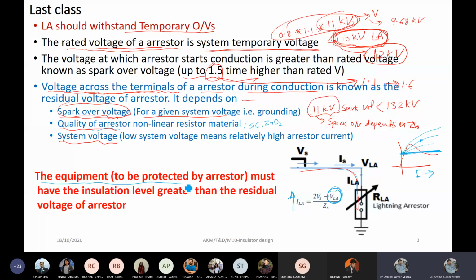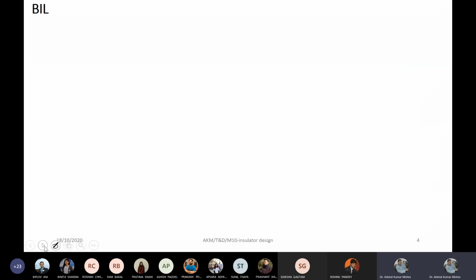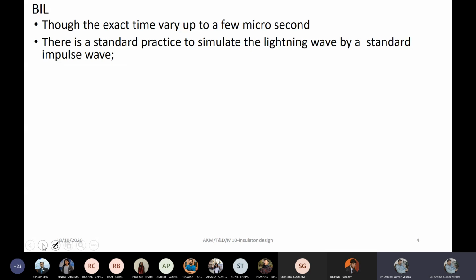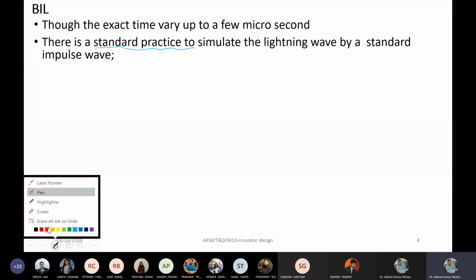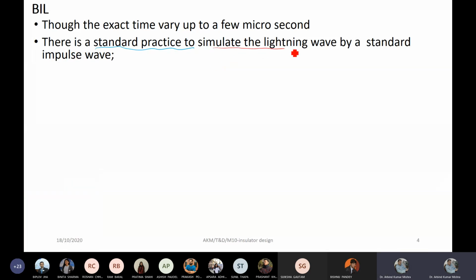But what voltage? Because lightning current does not follow any sinusoidal wave or something like that. So that's why there must be a standard definition of what voltage is equivalent for lightning overvoltage, and that's why we also discussed that there is a standard practice. There is a standard practice that the lightning wave is simulated by a standard impulse wave, and that impulse wave